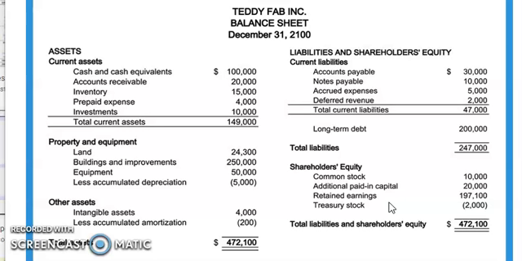Remember, it's as of a specific date and it's always cumulative. So like I said, in this example, this company on December 31st has